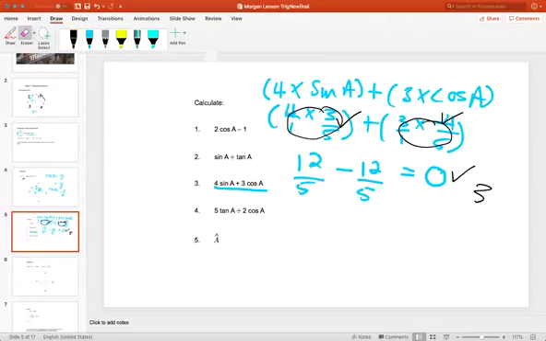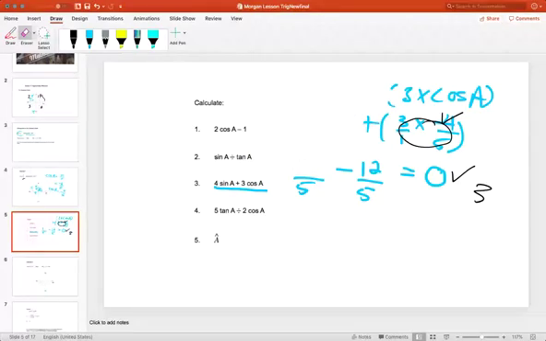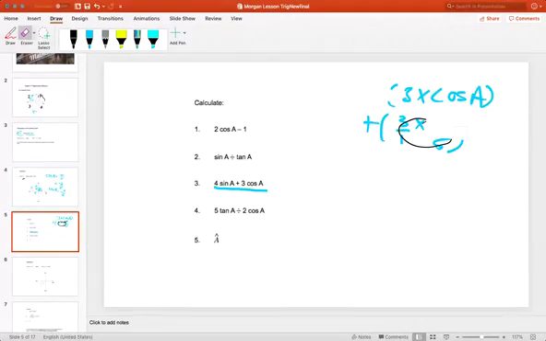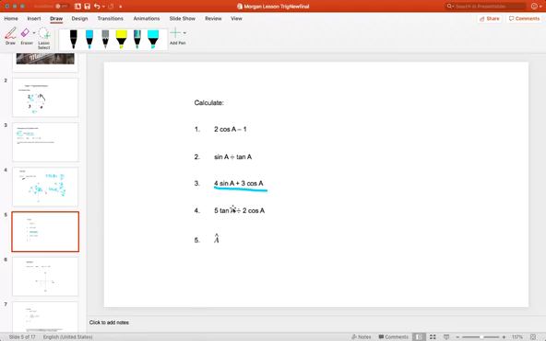It often depends on the examiner. It depends on what instructions the examiner gives to the marker. Sometimes they say answer only, award full marks. Sometimes they say answer only, 1 mark. So we never know who sets our papers, and we don't know what the instructions are. So we don't take chances. We show all of our steps all the time, and we ensure that we are doing what we are meant to be doing. All right, the next question over here, we've got